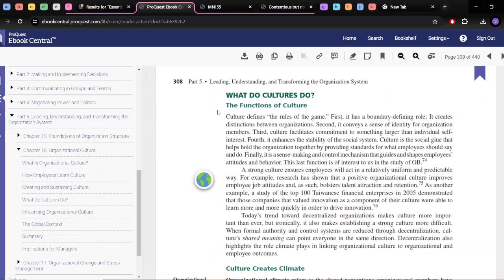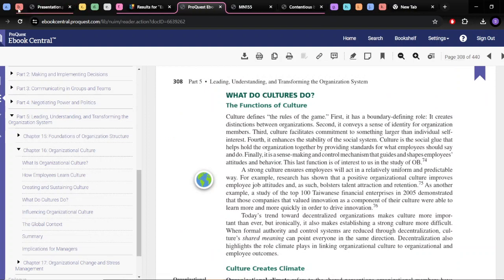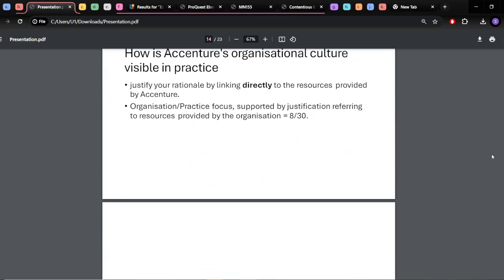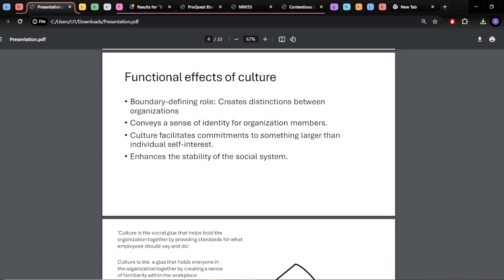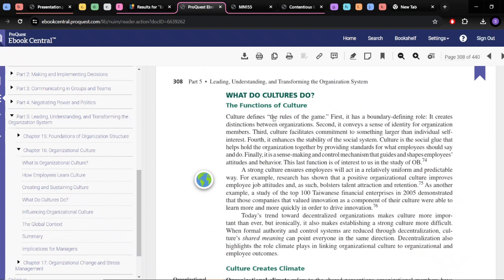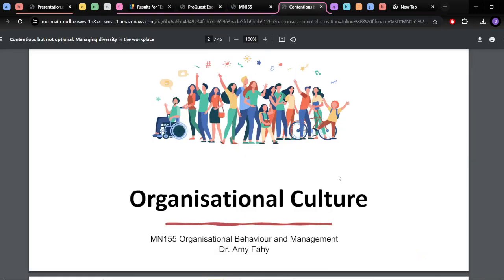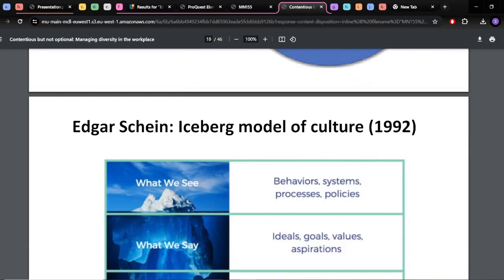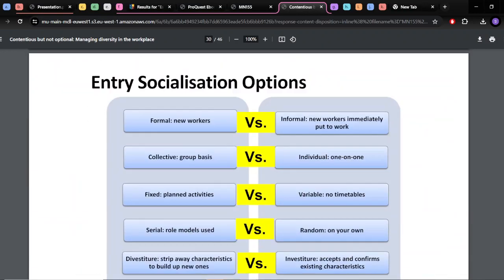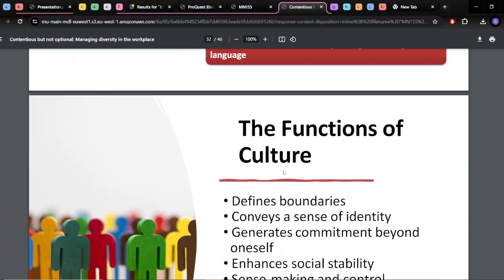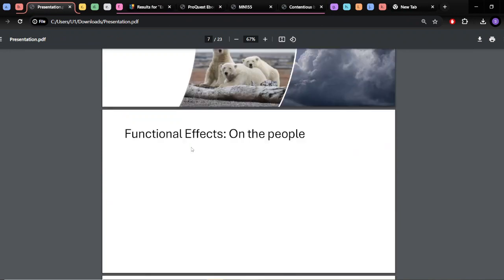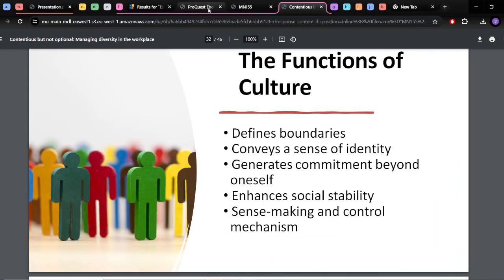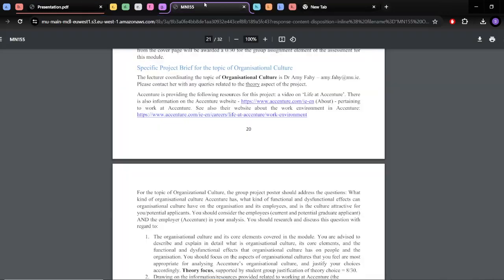Yeah, okay, so we have the functions of culture. So you can see that that's literally in my slides. So functional effects of culture is right here. Okay, and then as well, it's also in this, the functions of culture. So you have the answers, they're right there for you for everything, right? In terms of if you're going to get it from the book or from the slide. Now, obviously, like I said, we want some extra resources.